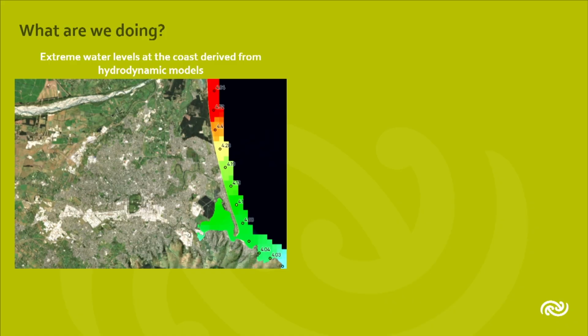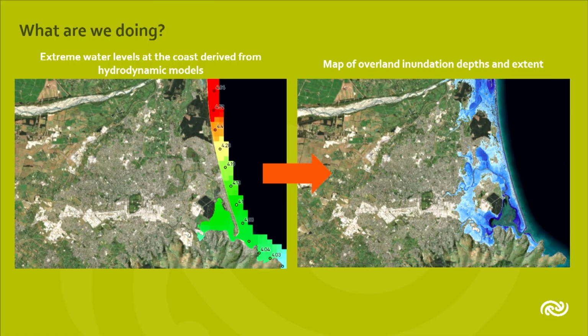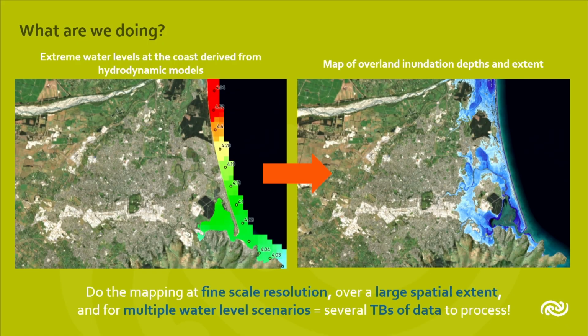All right, so what are we doing? We are taking a map of extreme water levels at the coast derived from hydrodynamic models and constructing maps of overland inundation depth and extent. We're doing this at high resolution over a large area for multiple water level scenarios, which means several terabytes of